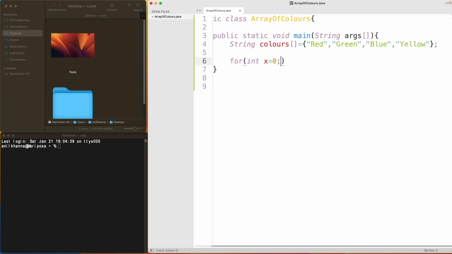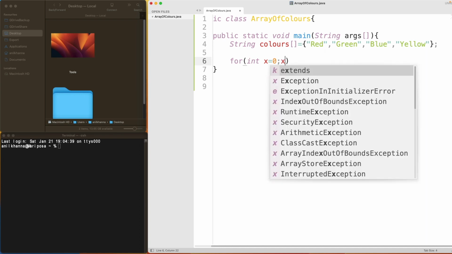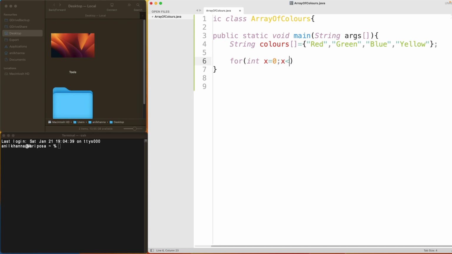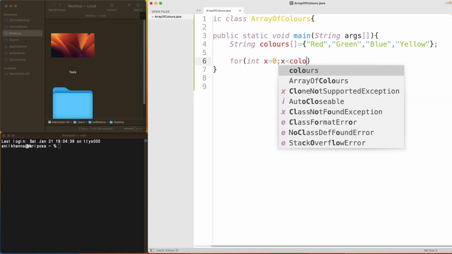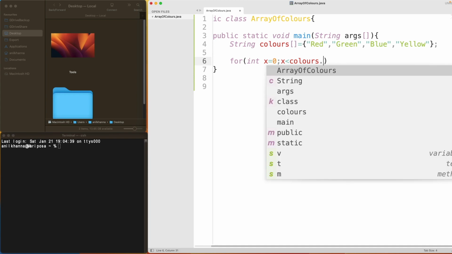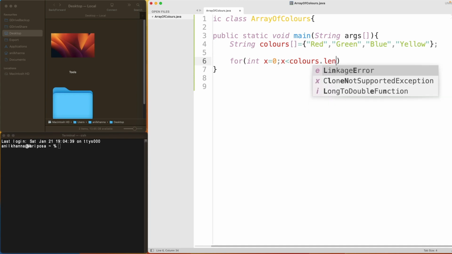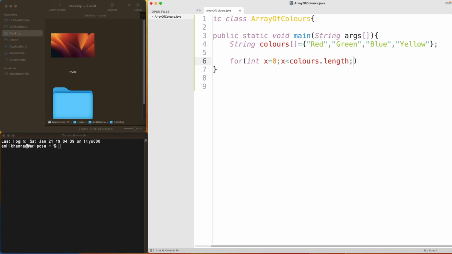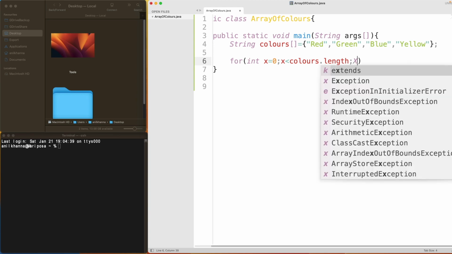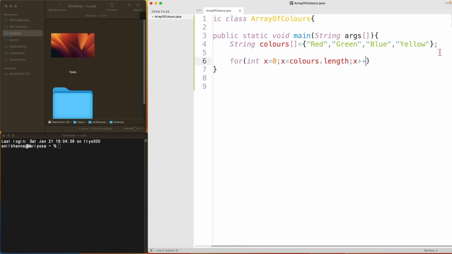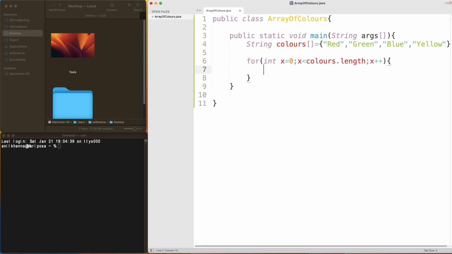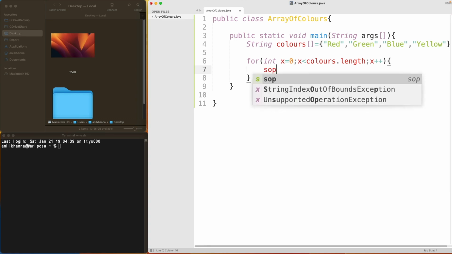Okay, so we say x is less than the name of your array, colors dot length. And finally, what should happen to the variable x every time it loops? So we say x plus plus. Then we define the for body. So put in the curly brackets, and in there we say